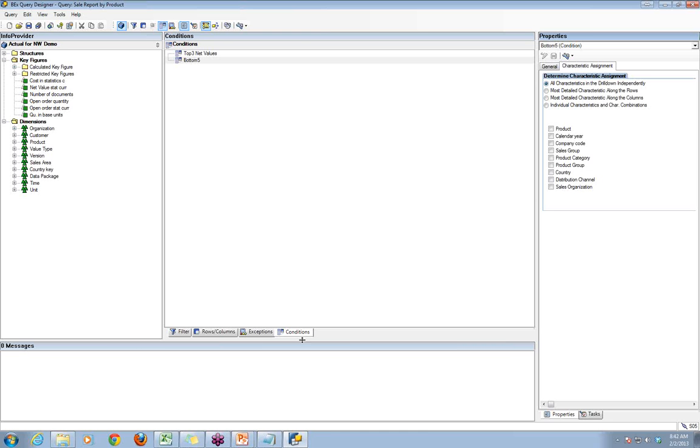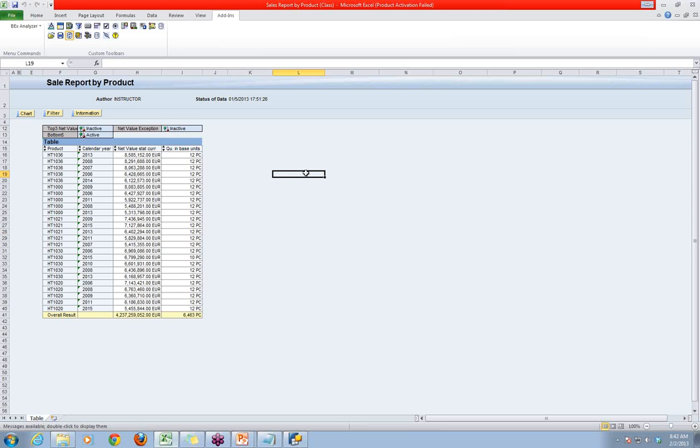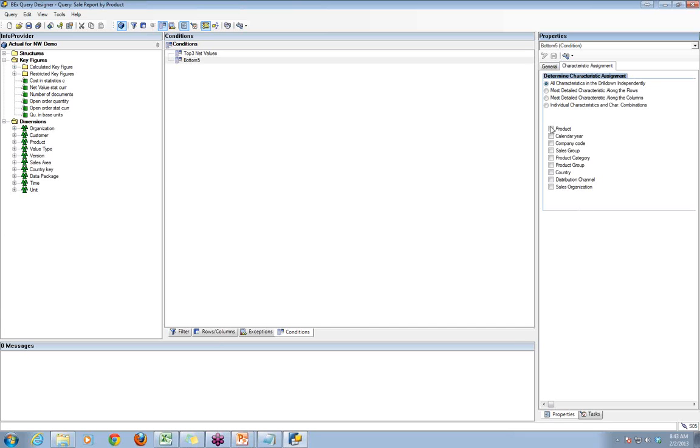Okay, which is the reason why we are seeing this. So this one over here is not taking into consideration everything. I think it's not picking it up by product and by calendar. If we do by product and calendar, as the definition is over here, I don't want to be working reverse. But you understand why you select product and year, because that is the definition of your query